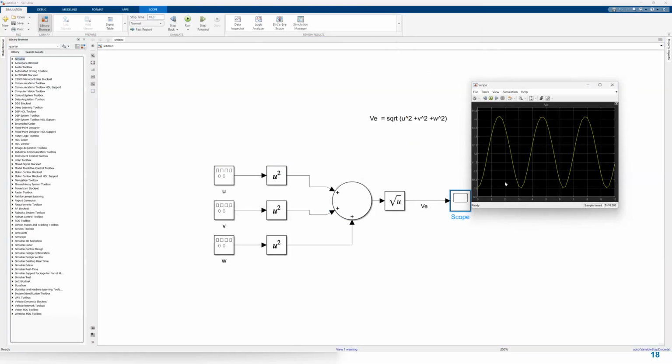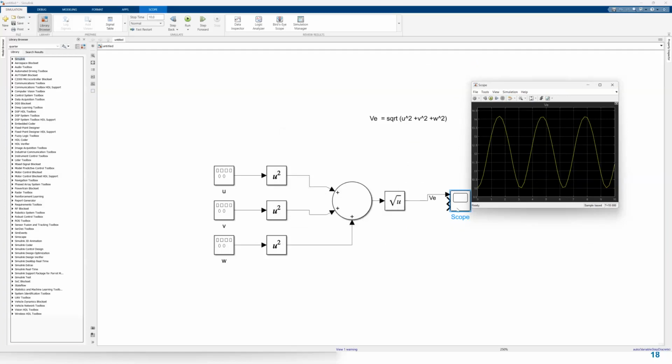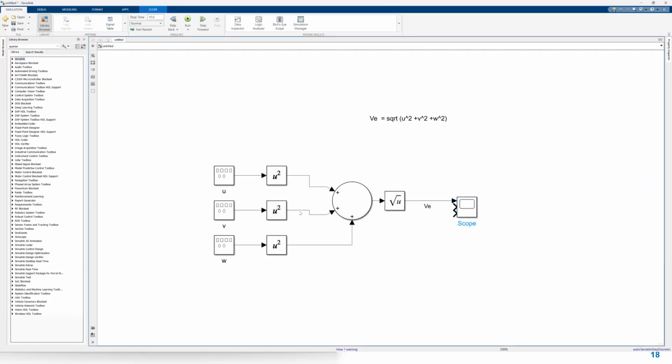But I want to see these inputs as well. But it has one port. So can we change the ports? Yes, we can do it. So we'll go to the layout, configuration parameters, and number of input ports. We can change it here, and then we got the multiple ports, and possibly then if I want whatever signals